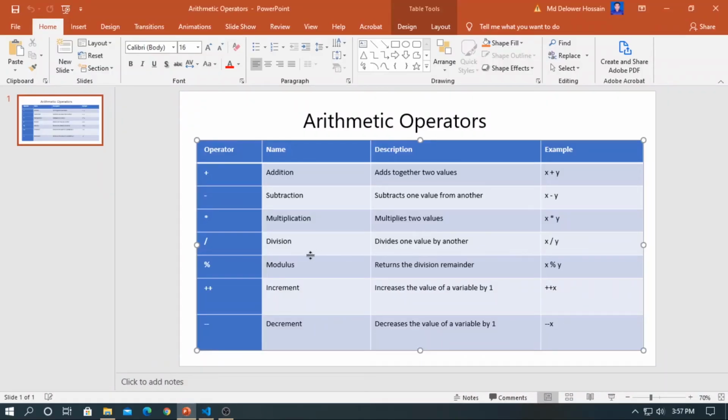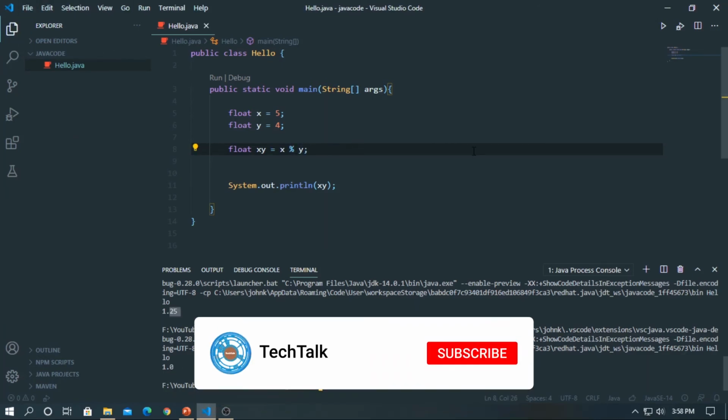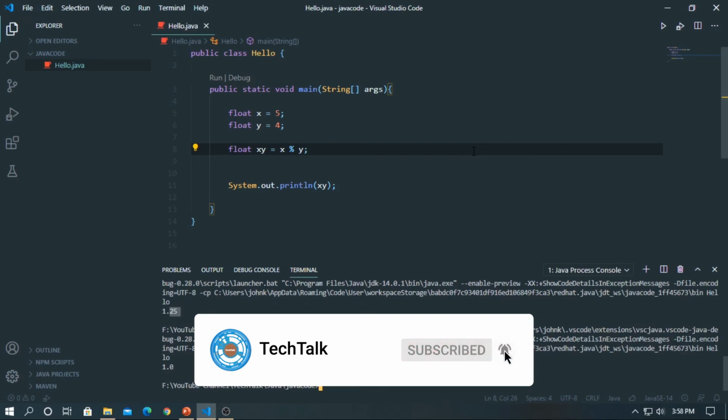Let's go to the next one, which is modulus. It returns the division remainder. Modulus returns the remainder after dividing one value by another value. So in the example, x modulus y means it will print the remainder after dividing the x value by the y value. It should print the remainder, 1.